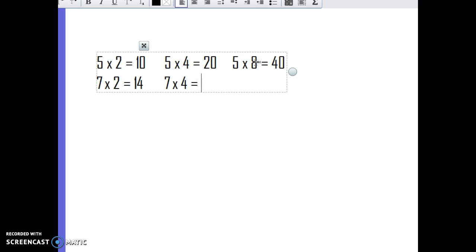There's 4 in the 1's place, that doubled is 8. 1 in the 10's place, and that doubled is 2. So I have 2 10s and 8 1s, which is 28. Okay, so doubled. 7 doubled is 14. 14 doubled is 28. And 7 times 8